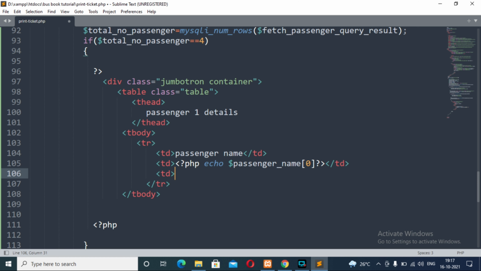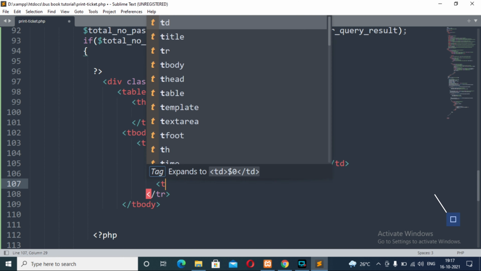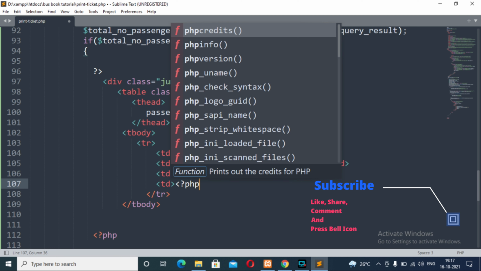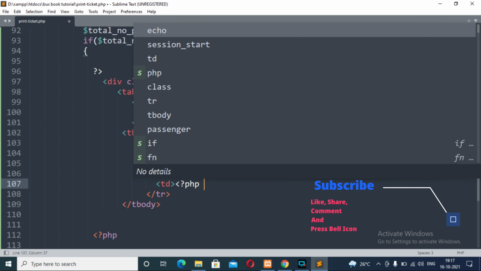Again a td tag with the content as mobile, and the td tag will be closed. Now opening of a td tag containing the value of the mobile number coming from the database, as we have done in the last td tag.